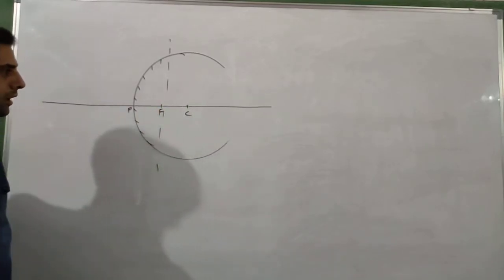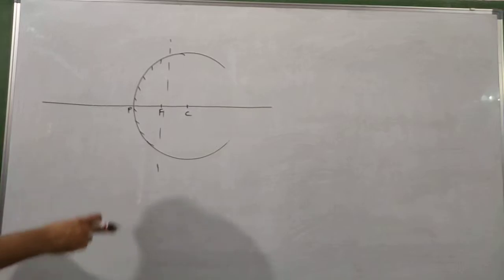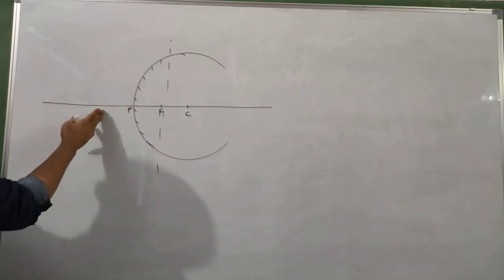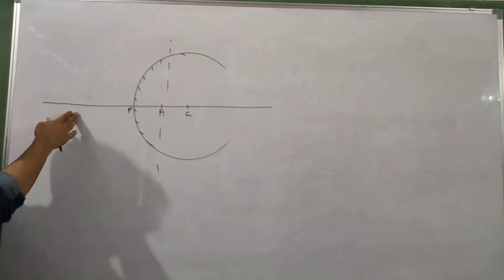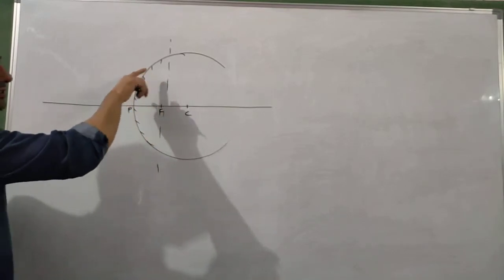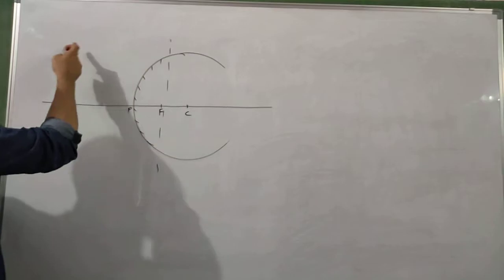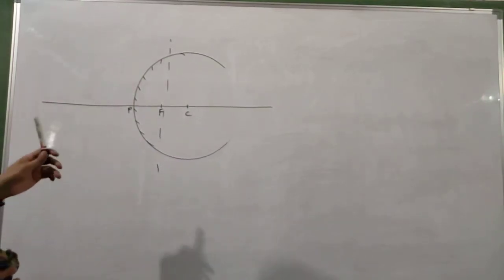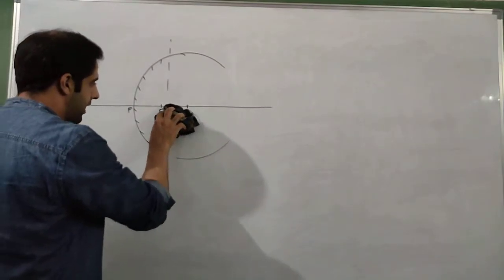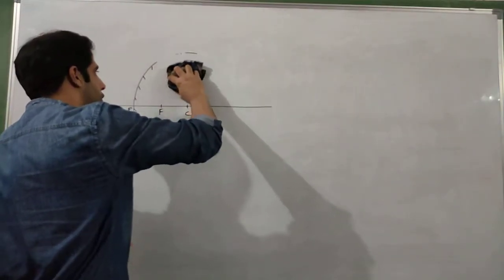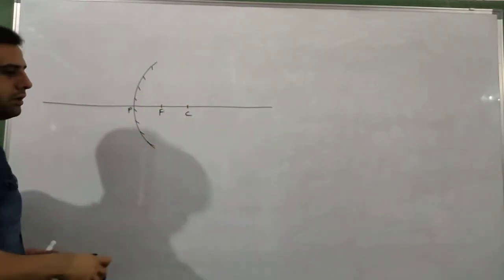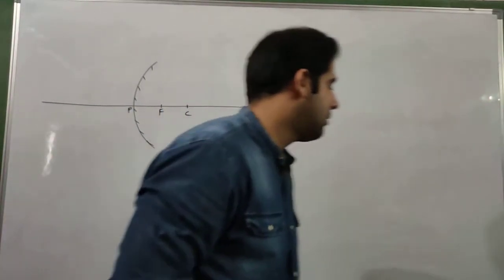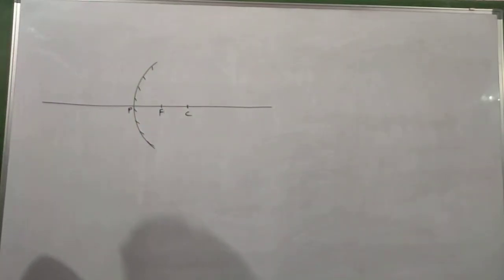Half of this distance, this is your pole, half of the distance between pole and center of curvature is our focus. Now, if you notice, in the case of a concave mirror, the focus and center of curvature were on the left side of the mirror. But here they will be on the right side because the sphere is going like this. In a concave mirror, the sphere was going towards this side. You can draw it in your notebooks also, and you will be able to understand why this is the difference. So focus and center of curvature are on the right side of the mirror. Now, why will this make any difference?